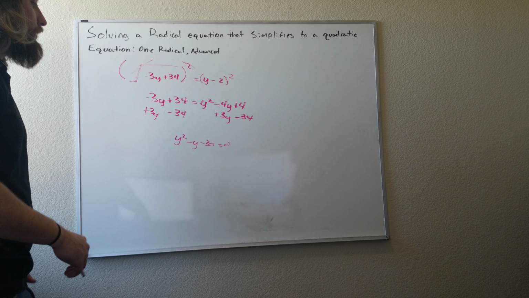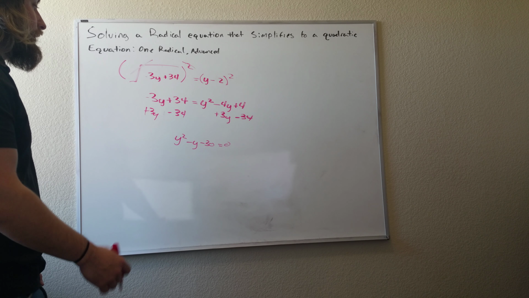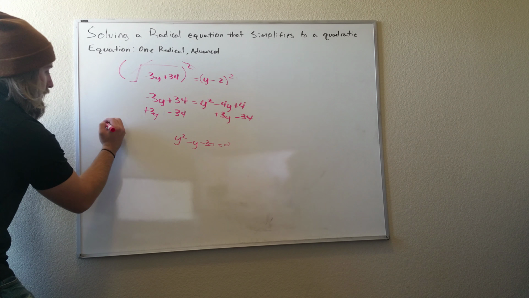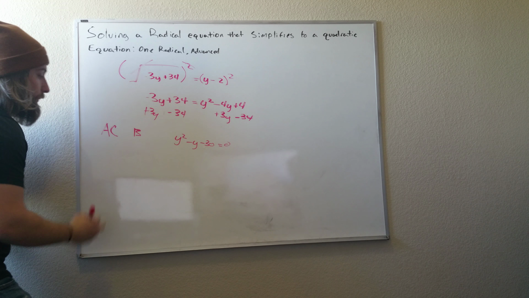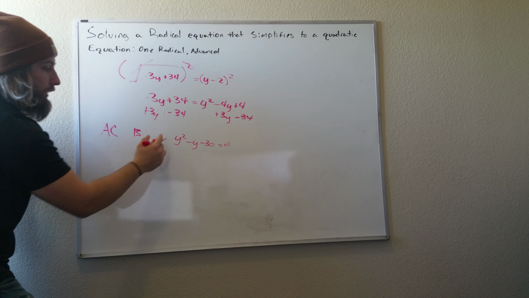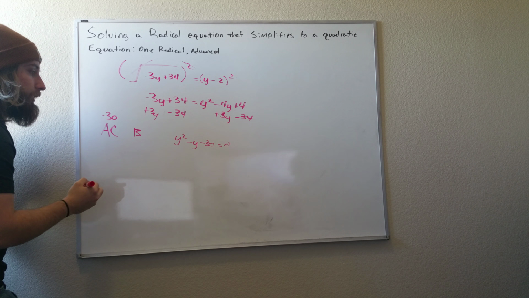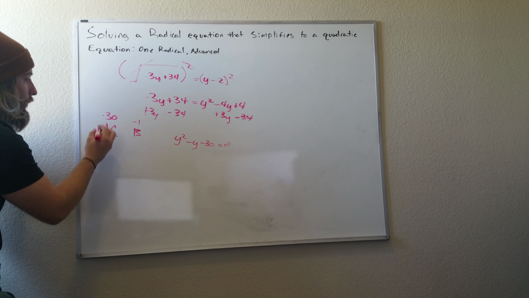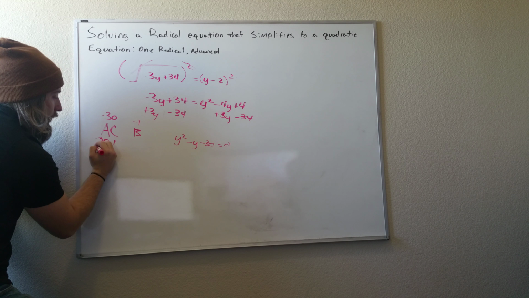And from here, we're just going to use the AC method or just the guess and check method. So I'll use the AC. So we have A times C and B. So our A is 1, our C is negative 30, so we get negative 30 for our AC, and our B is negative 1. So now we'll go down the factors of 30, so negative 30 and 1,